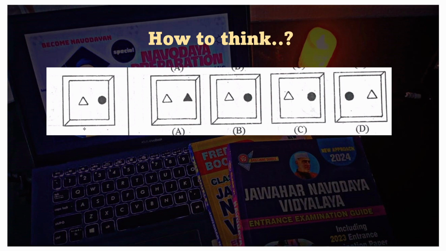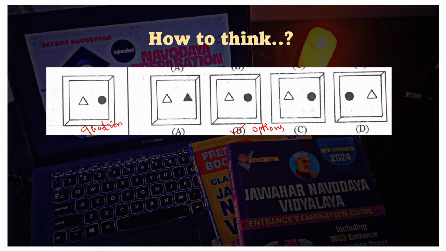Here we have a question figure, and A, B, C, D are our option figures. We have to find the figure which is matching the question figure. See, in this figure there are two squares, and inside we have one triangle and one circle. We have to find which one is matching this. Just see here and find which one is matching. That is triangle and circle. It is there in option C. But if you look, the same thing is there in B also, which is exact. So the exact match is B.